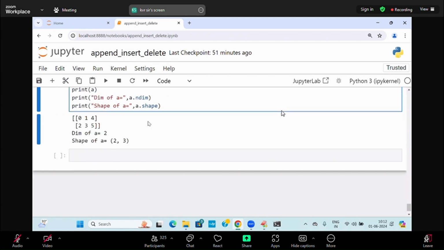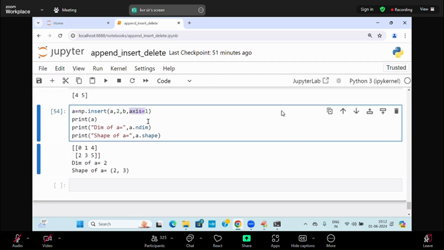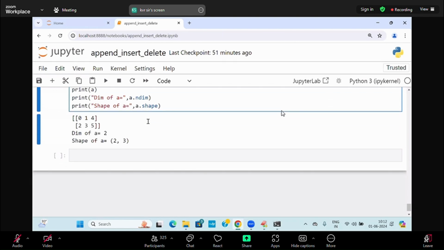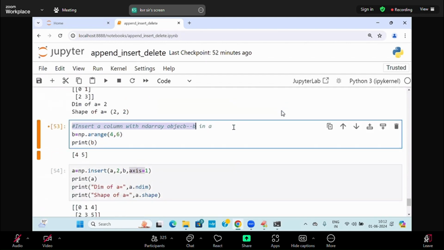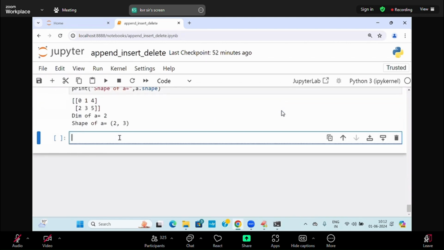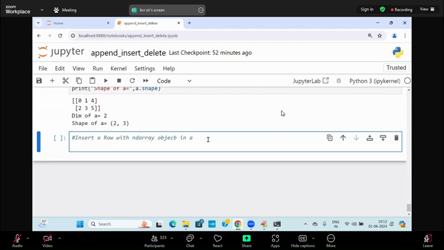Very, very important. Now I want to add a row also, with an ND array object only. Directly tell me. Insert a row. Very, very important. Insert a row with an ND array object as B, in where? A, an ND array object, because I am taking a nameless object now. Come on, direct attack: A is equal to NP dot insert of A comma